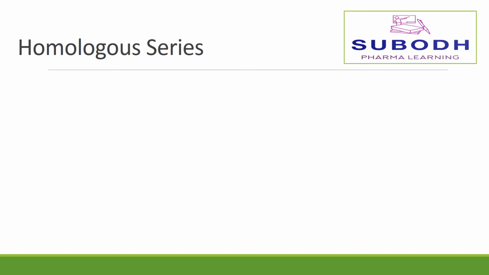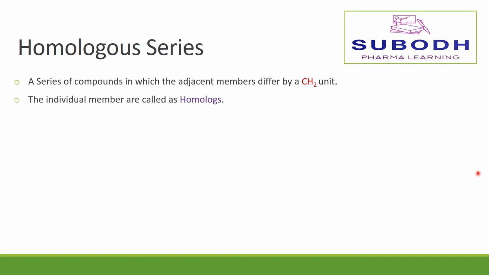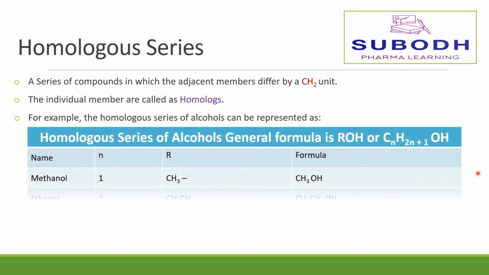Now we will see what is homologous series. A homologous series is a series of compounds in which the adjacent members differ by a CH2 unit. The individual members are called homologs, and for example, the homologous series of alcohols can be represented as